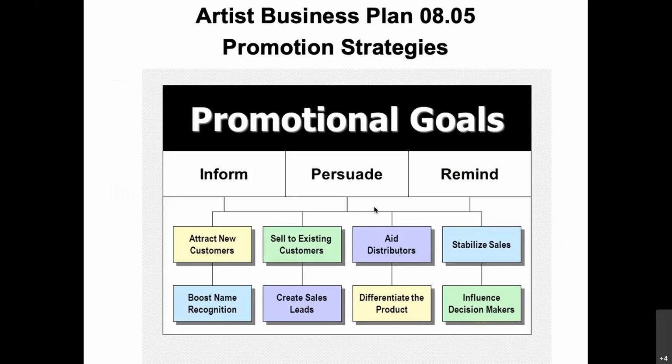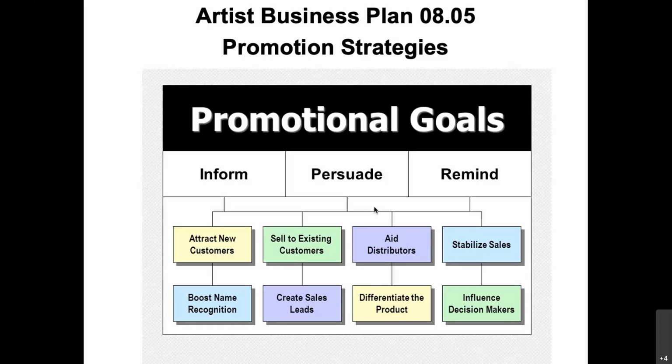Then you're going to come up with your strategies. You've got your goals and objectives, but once again, you're going to come up with a strategy to do this. Inform, persuade, and remind. Once you've informed and persuaded, that reminder works out real well. I suggest that artists send reminders to their fans. Hey, we got a gig coming up next week. Don't forget. Or a phone call. Or a text. We're playing out tomorrow. Come and join us. That's promotion on how that's going to work.